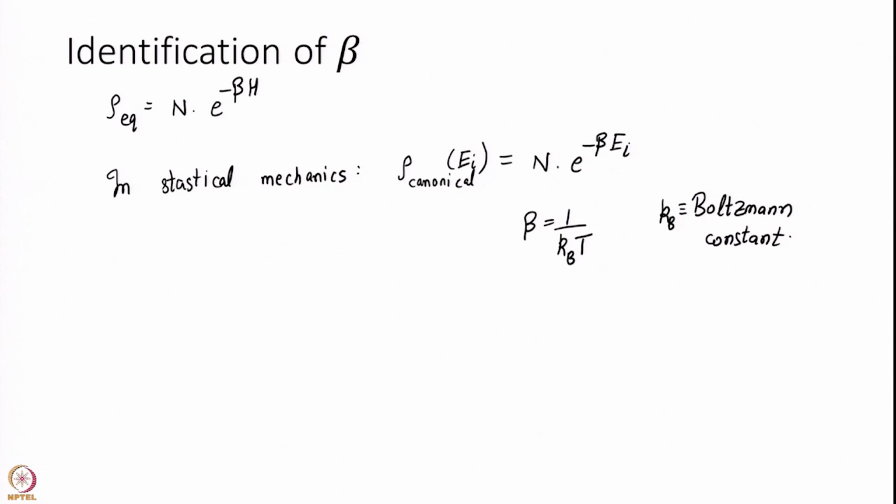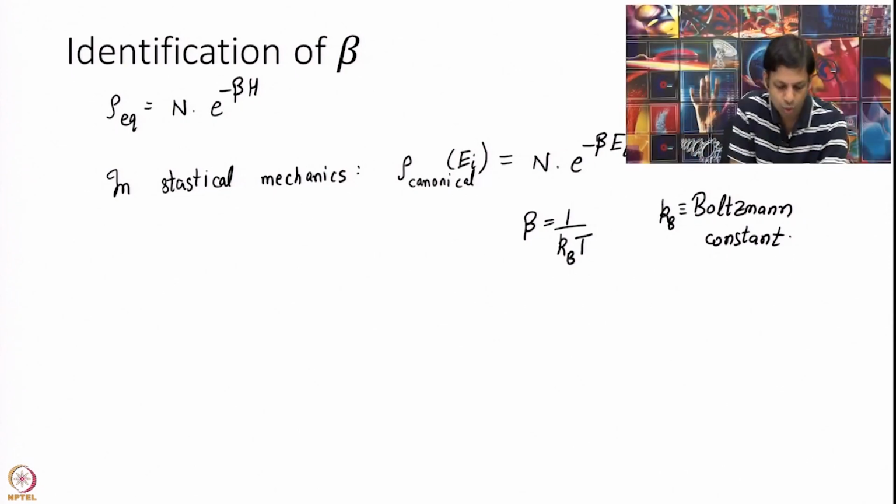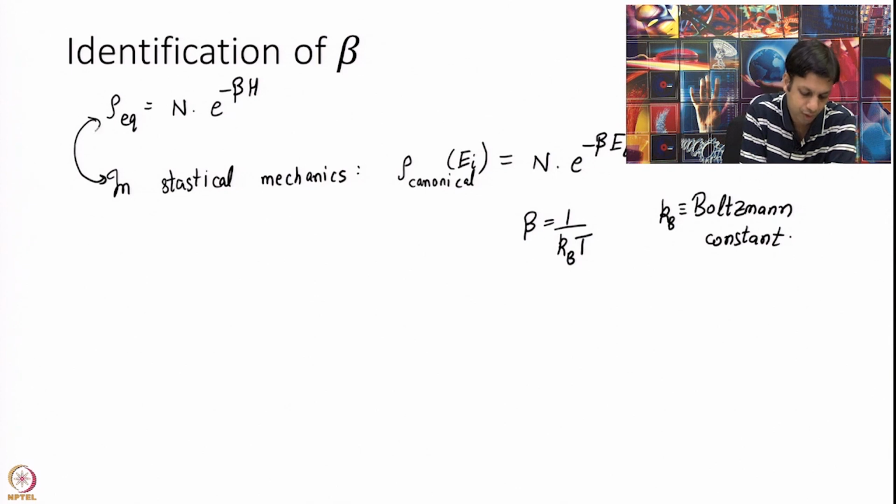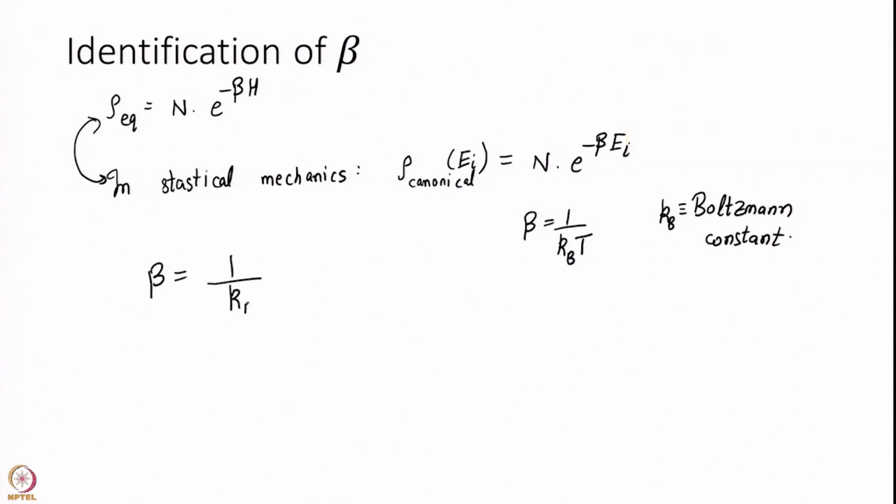You have to be as famous as Boltzmann to get a constant after you. Note that H is the equivalent of energy. It is a function, but that is what gives me the energy. So, we note these two equations and we will postulate that beta is 1 over kT for us, even in this equation.